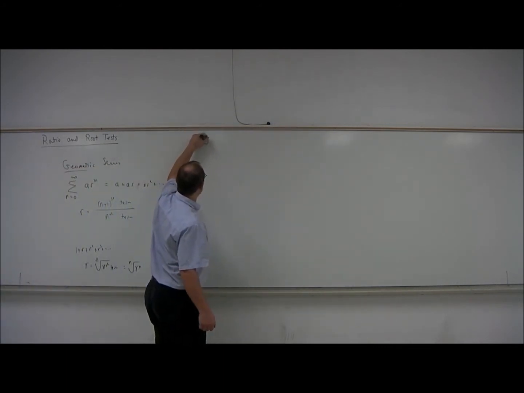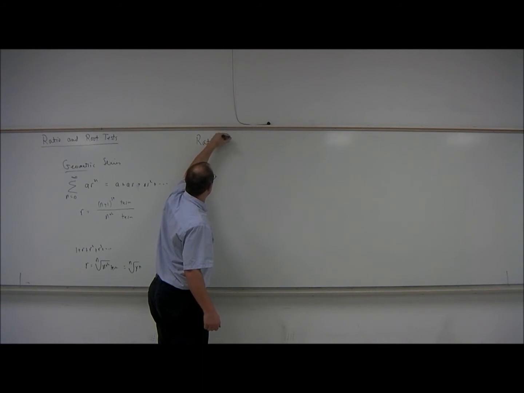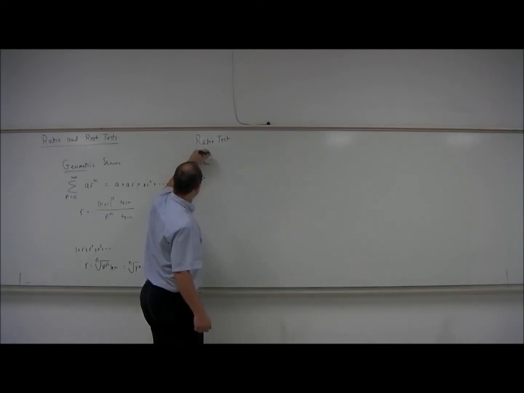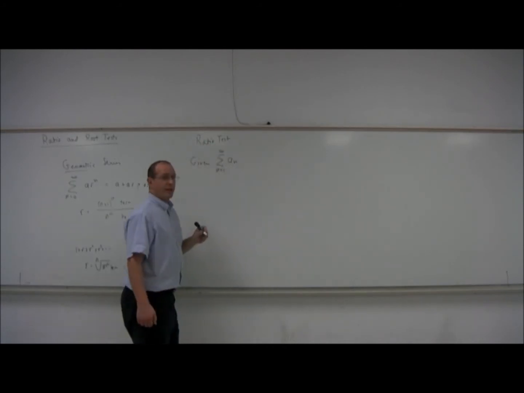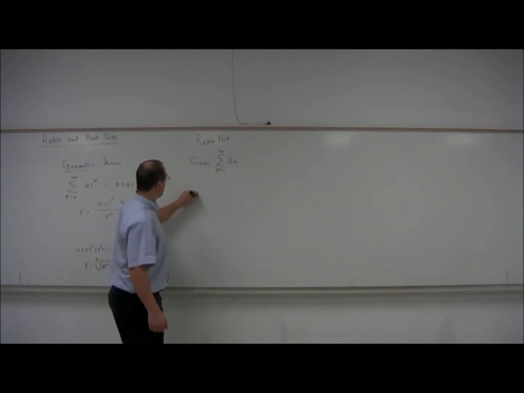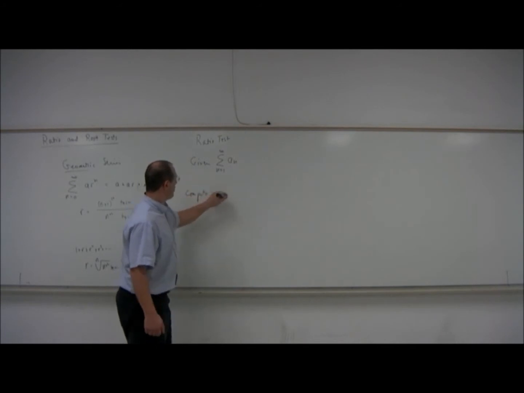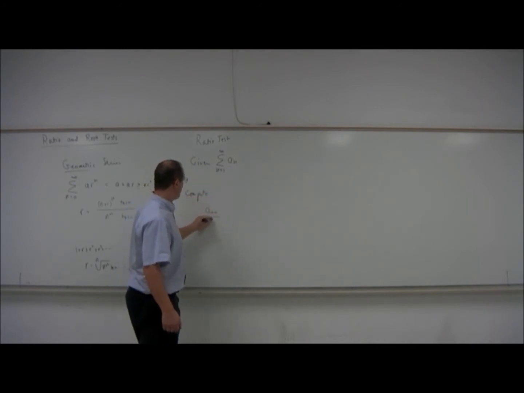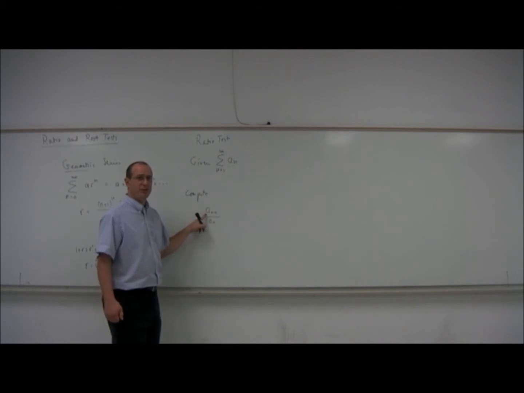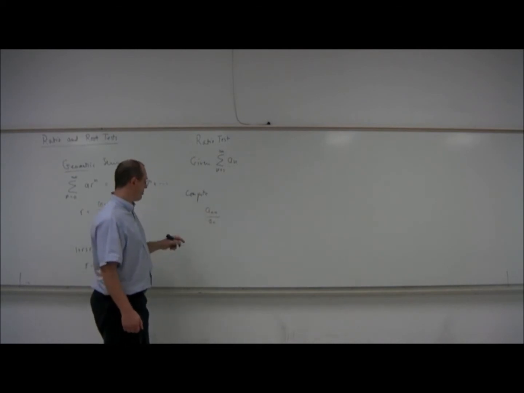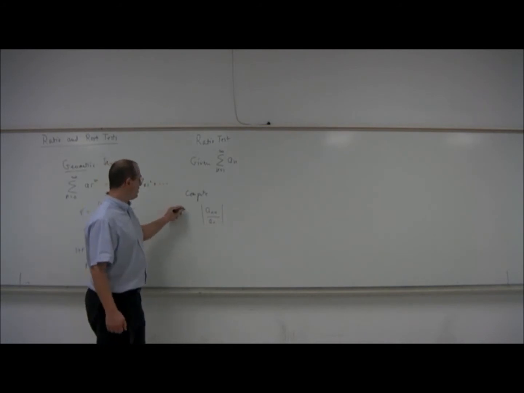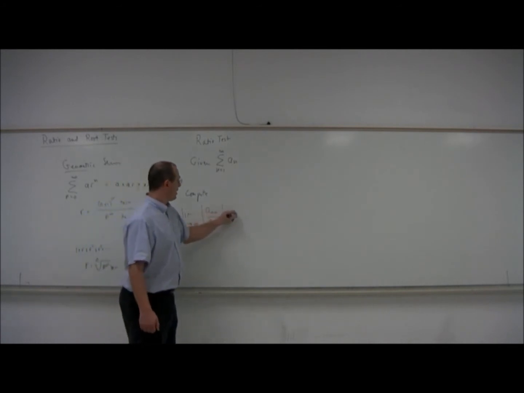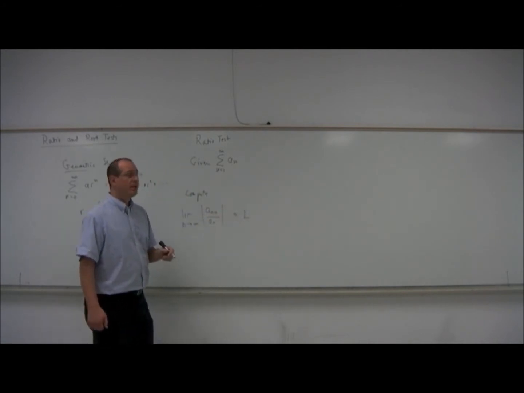So in the ratio test, we're given a series and we compute the ratio a sub n plus 1 divided by a sub n. That would be the n plus first term divided by the nth term. And we take the absolute value of this and then the limit as n goes to infinity. And suppose we get some number L out of this